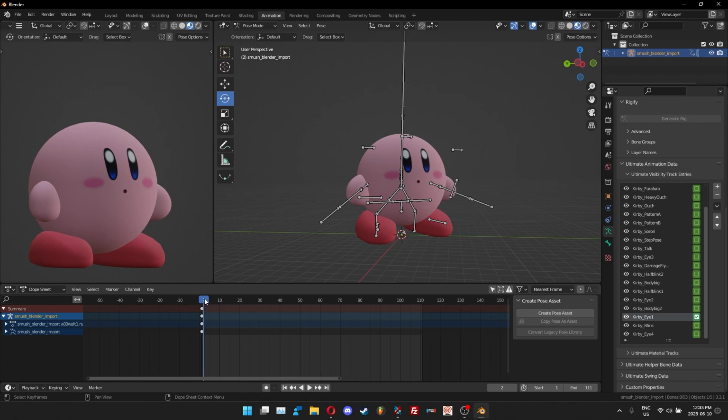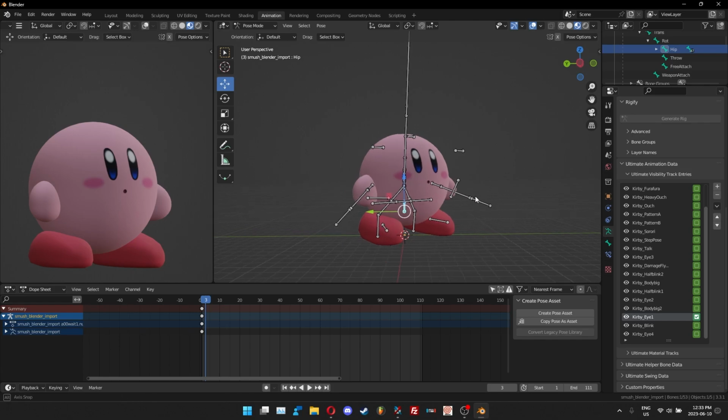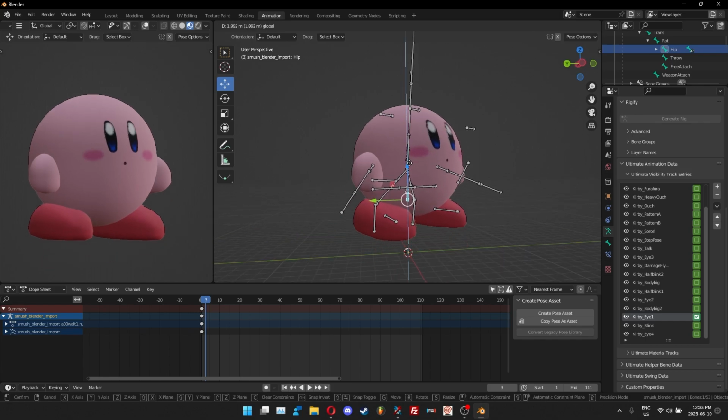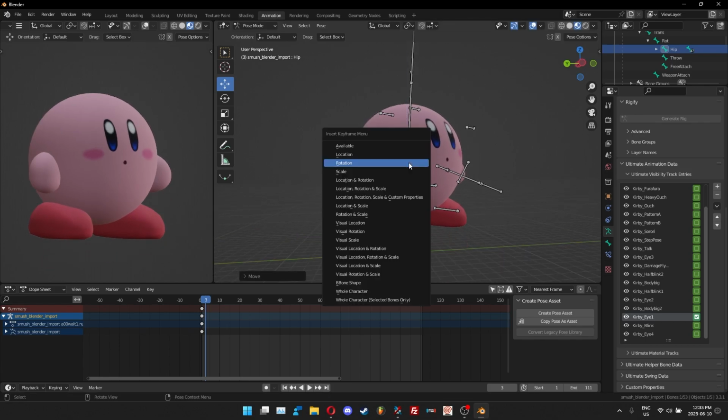So what we're going to do is we're going to have Kirby do a quick little jump, and he will turn into a ball and then bounce. And that's it. So I might speed this section up a little bit just because we got to keep it quick. So let's just do